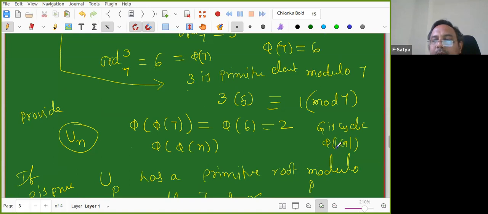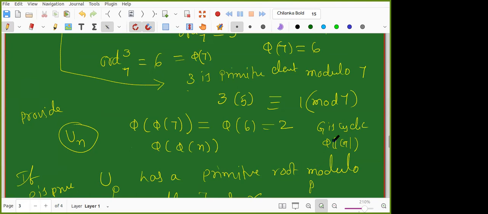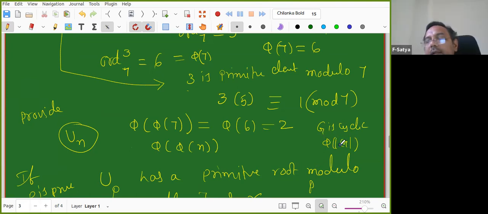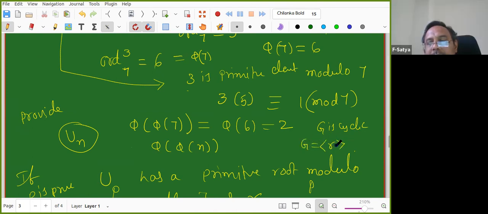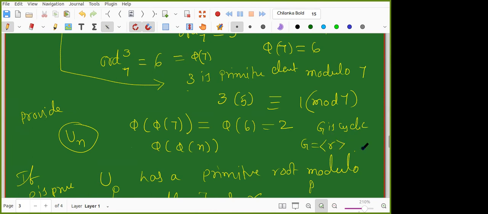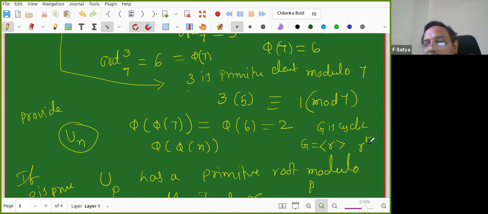Okay. So for example, take the order of G equal to n, and I collect the numbers which are relatively prime to n. You can observe this easily; that's not a big problem. G cyclic means what? That every element is expressed as some power of r, generated by r. I want to find all generators. Exactly what are the generators? r^k, where gcd(k, n) = 1, then that is also a generator.